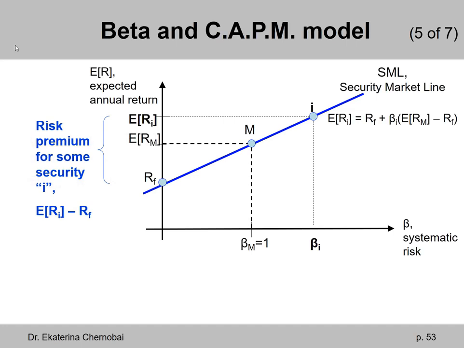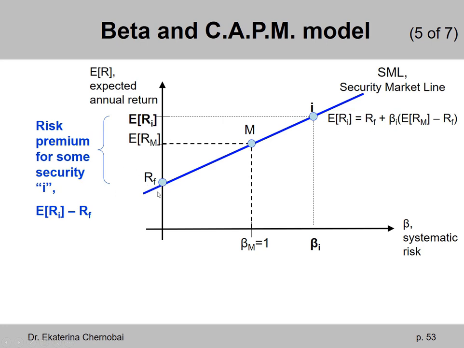And for any other company, so let's say we have point I somewhere higher up beyond point M for the market portfolio, we can calculate its risk premium by looking at the difference in percent between the expected return for that company's stock